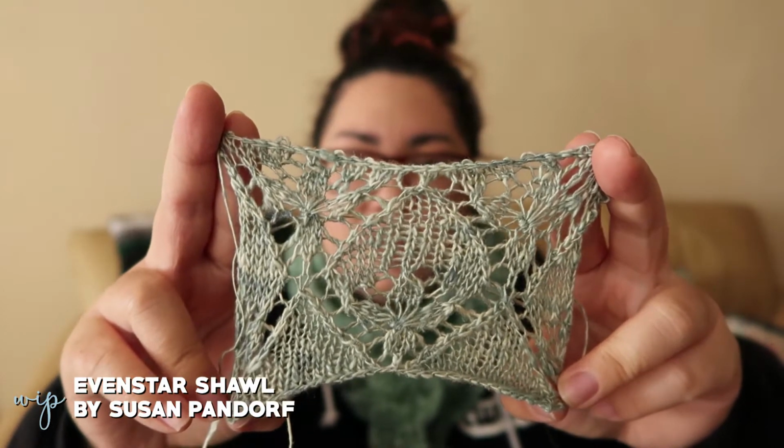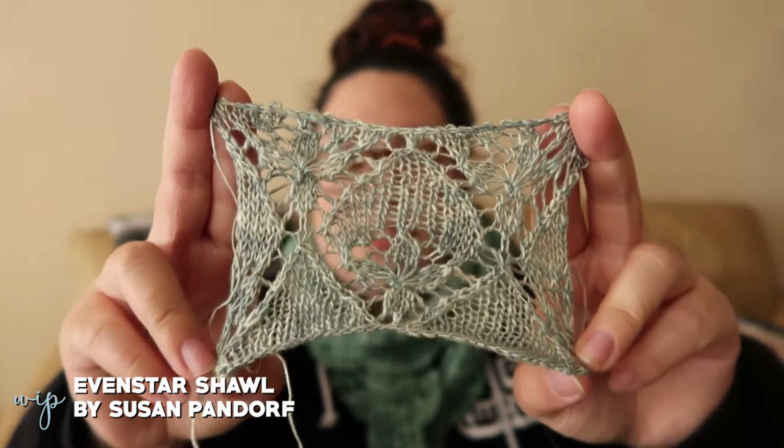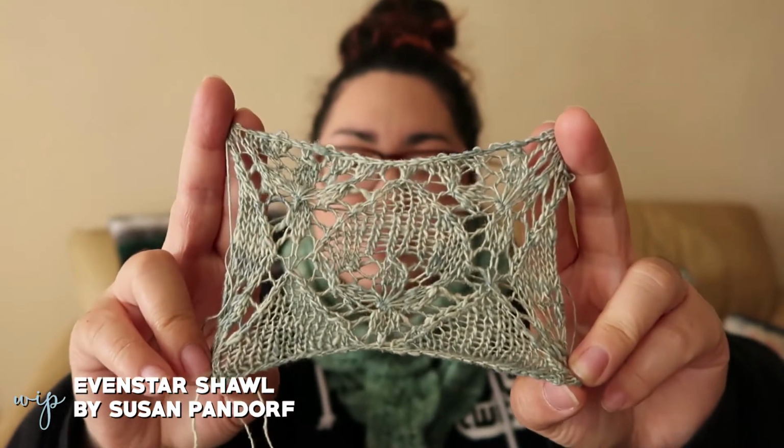silk yarn, and it's in this minty green that I really like, so I thought this would be perfect for an Evenstar shawl. So that is what I'm going to try and do if I like the way that it turns out, which I think it'll block out fine, and the yarn seems sturdy enough that I don't have to worry too much, or it's not too delicate. So that's good. And yeah, the swatch, I knit these on US 3s, 3.25 millimeter needles, and I